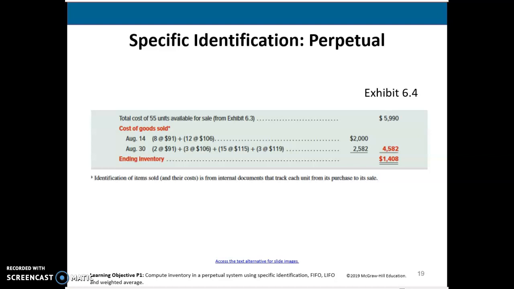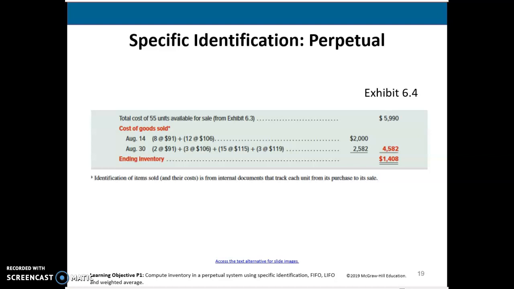We sold something on August 14th. We sold 8 that were at $91 and 12 that were at $106 for a total of $2,000. And on the 30th, we also had sales. We sold 2 that were valued at $91, 3 at $106, 15 at $115, and 3 at $119 for a total of $25.82. So it gave us total cost of goods sold of $45.82, which left us with ending inventory